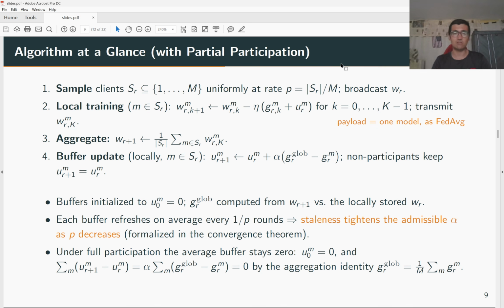And under partial participation, a given client only refreshes its buffer about once every 1 over p rounds, which is staleness, and it is not a detail, it is 1 over p. It tightens how aggressive you can be with alpha, and our theory makes that precise, which brings me to the